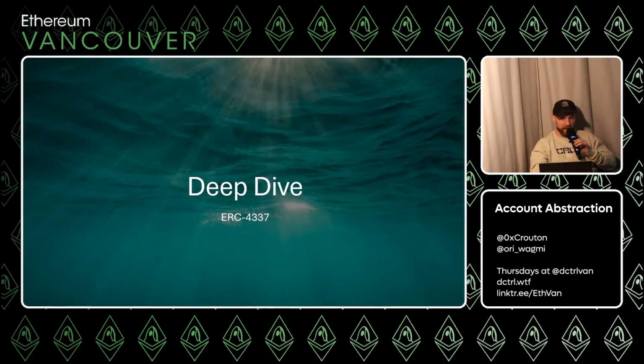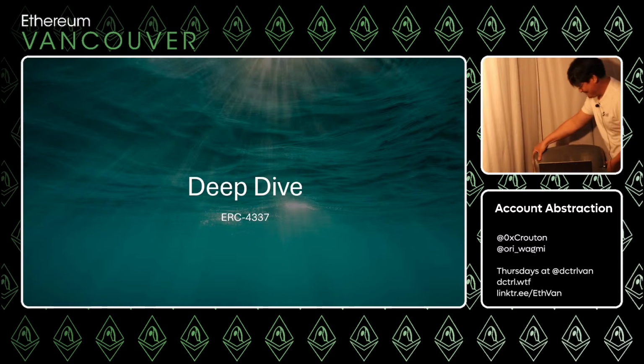And with that, I'm going to pass it over to Andrew. That was a high-level explanation of account abstraction. Now Andrew's going to do a deep dive of 4337. Some of the more technically inclined people might really enjoy this. Good luck, sir. All right, thanks, Christian. That was awesome.